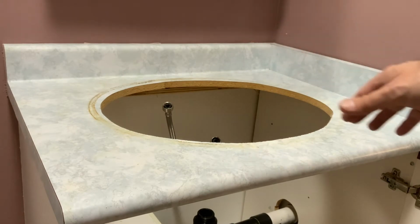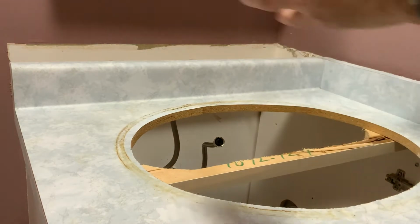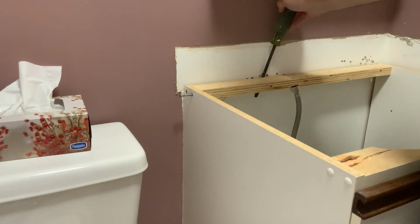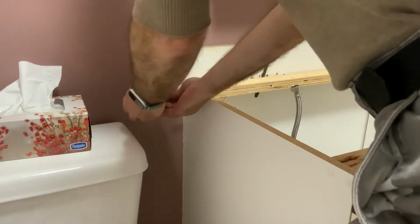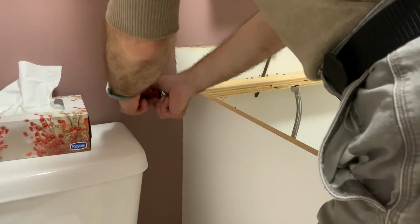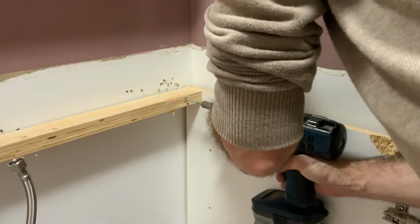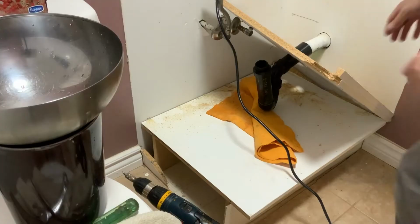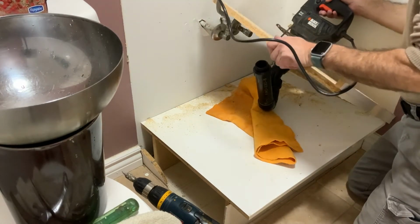Okay, so I've got all the screws out, and now it's just a matter of... That was easier than I thought. This part is actually screwed directly into the wall with screws that are sort of embedded deep inside, so it may be difficult to get to them, but I'm going to remove this first. Well, I had to break out the power tools to get this wall